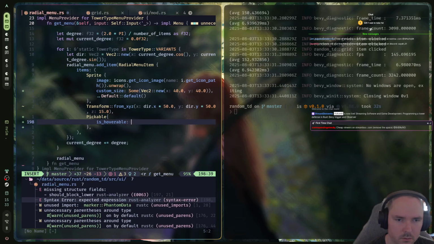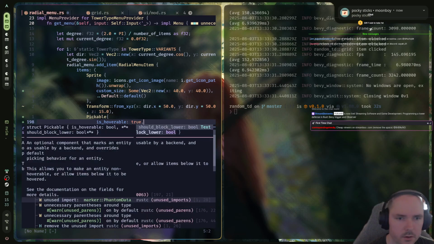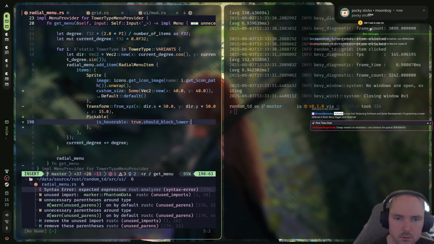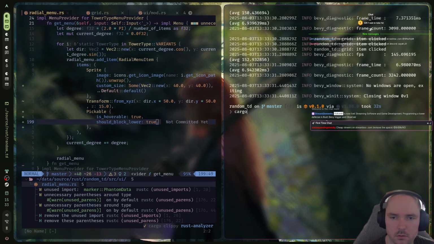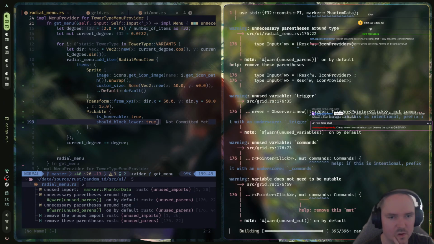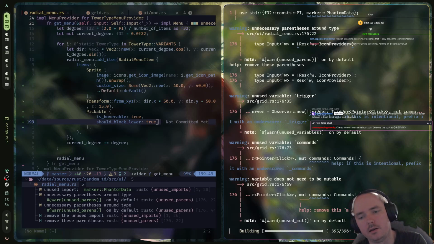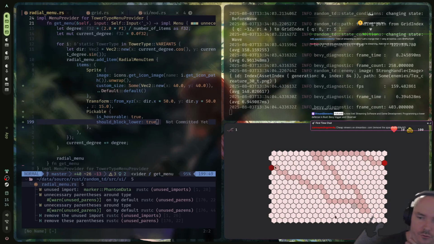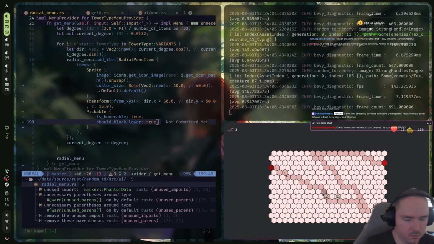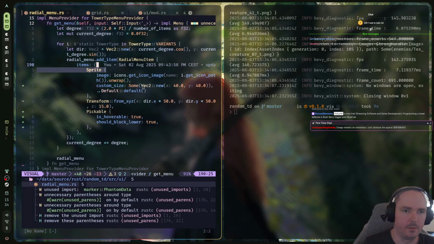Is horrible, is true, I guess. Should block lower. True. As well. So then I more or less need an, but actually not entirely, maybe how